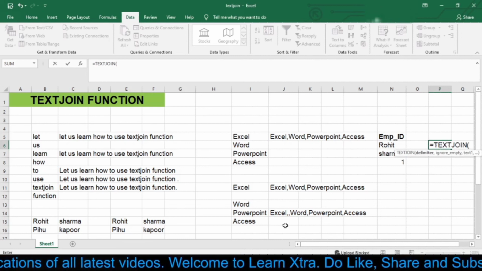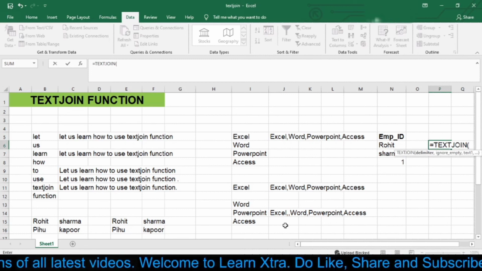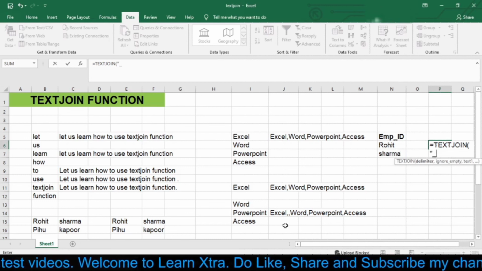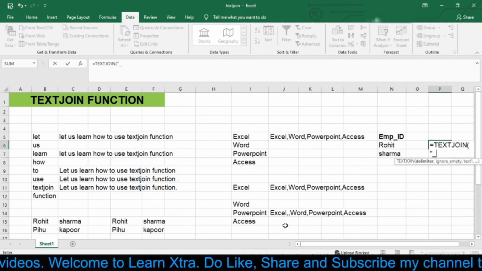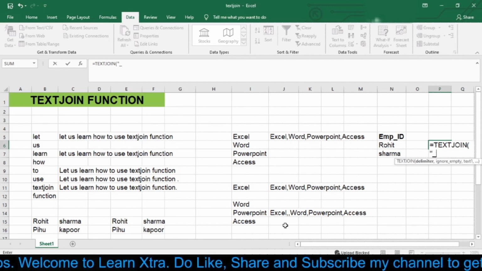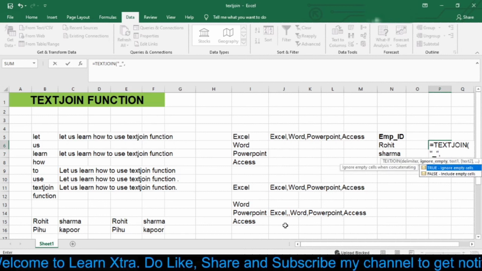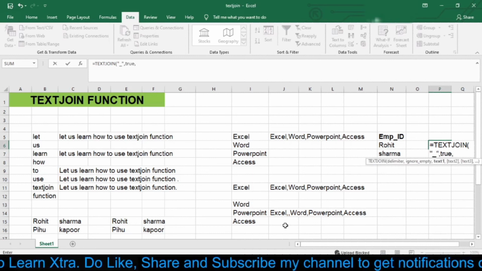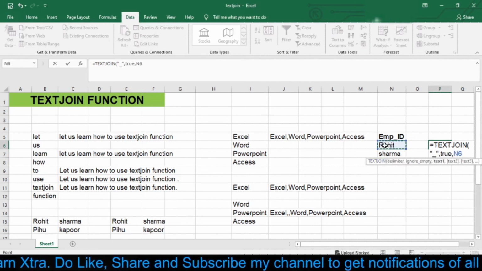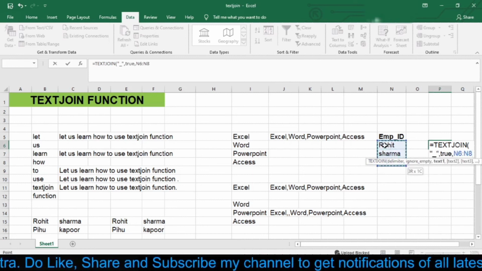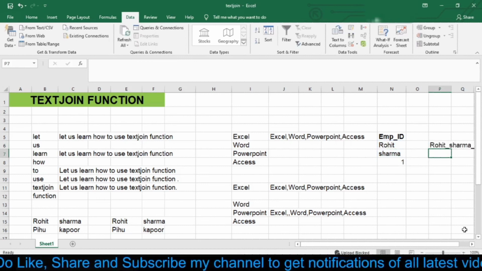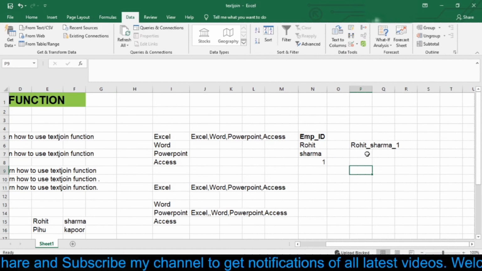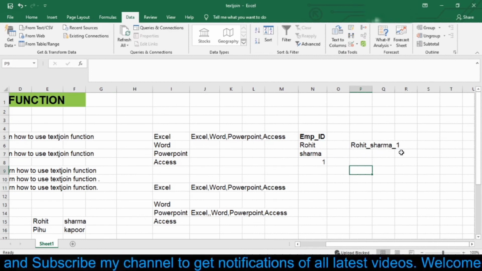So I will type an underscore between double inverted commas, and here I will use TRUE because I want to ignore empty cells, and after that I will select my text, that is from N6 to N8 and then press Enter. So here as you can see, I got an underscore after Rohit and then after Sharma. So this is how we can use the TEXTJOIN function in Excel.